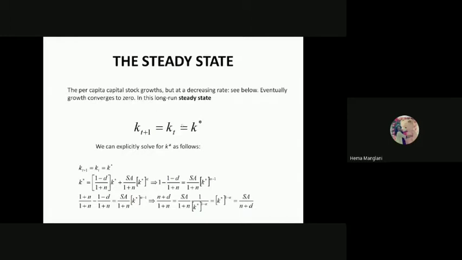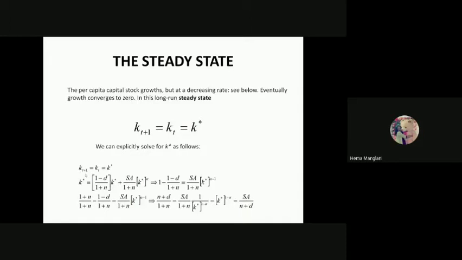We know the growth of K star will be zero in the steady state, because the steady state according to the Solow model is a long run situation. Whatever possible growth patterns we have will converge together, and this gives us the growth of capital equal to zero. Or in other words, that is your R star, which we started with in our basic portion. So that is your R star, which is becoming zero, or dK by dt equals zero, or the change in K by K equals zero. So we can explicitly solve for K star, which is as follows.